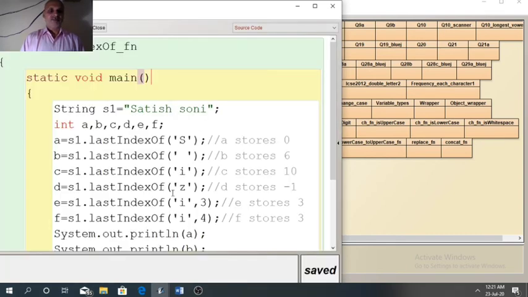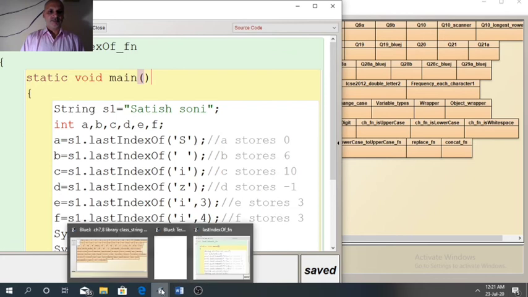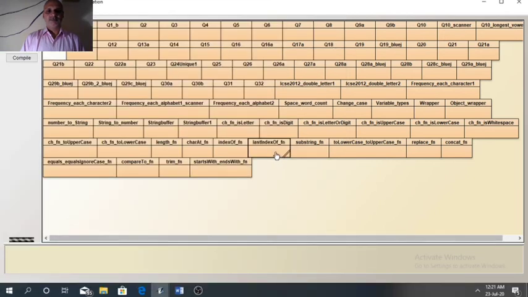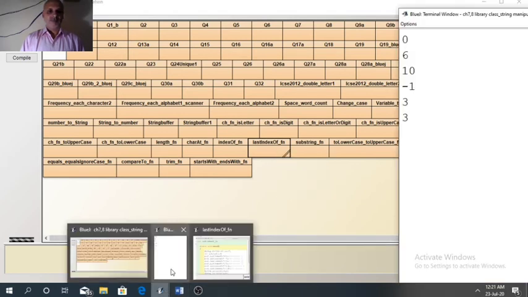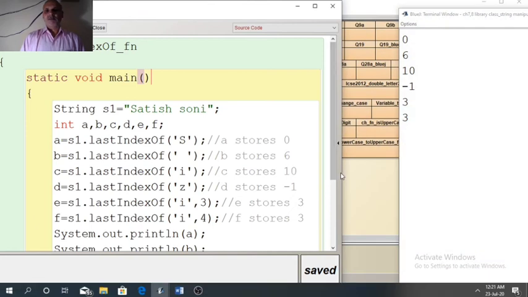The program is the same. Now you can verify 0, 6, 10 is the same as the previous function. Index of -1 is also the same as the previous one. Now 3 and 3.